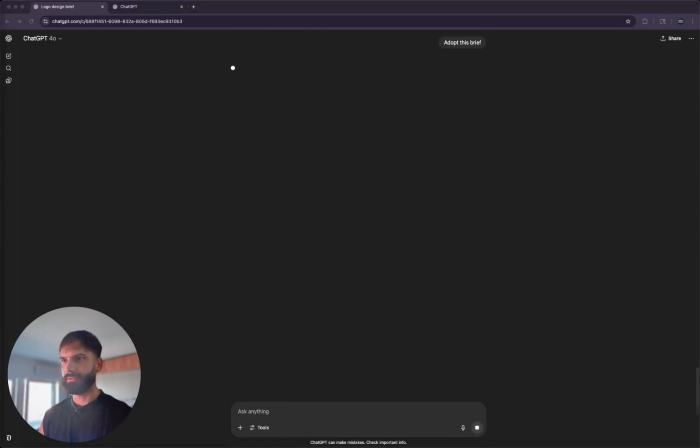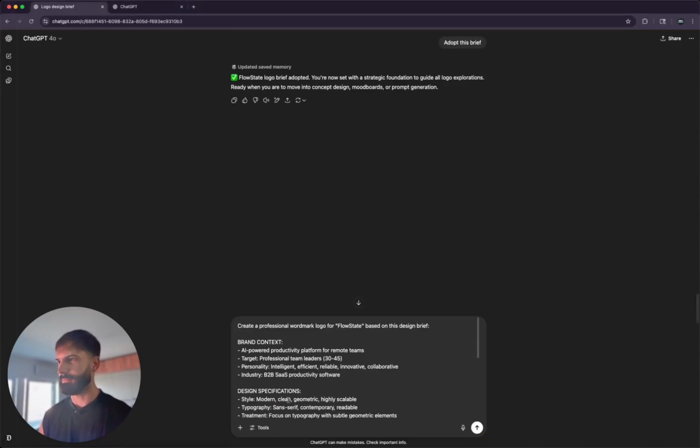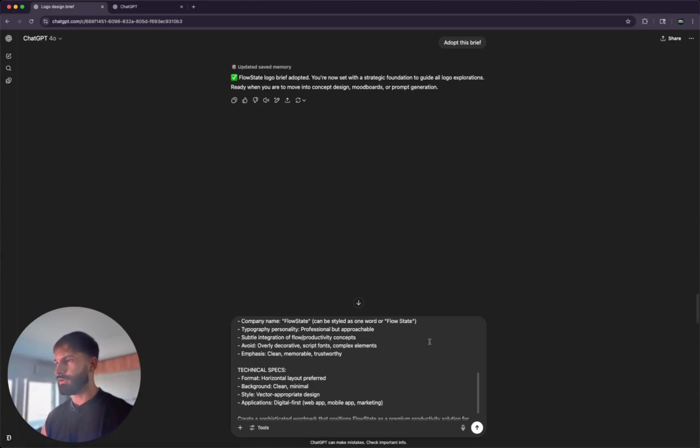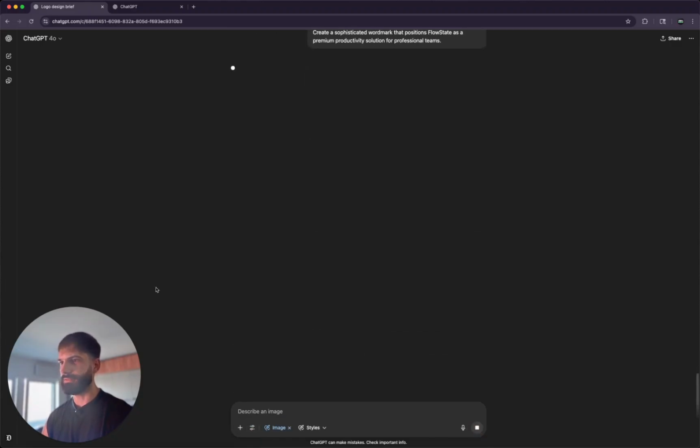And then I'm gonna use the prompts that I prepared to test some logos out. Nice, the memory has been updated. So I wanted to test a word mark option first because it makes sense. Create a professional word mark logo, technical specs. I'm sure that the memory has also been adopted, so we won't have a problem. Let's hit create image, send, and let's give it a couple of seconds and see what the generation is gonna